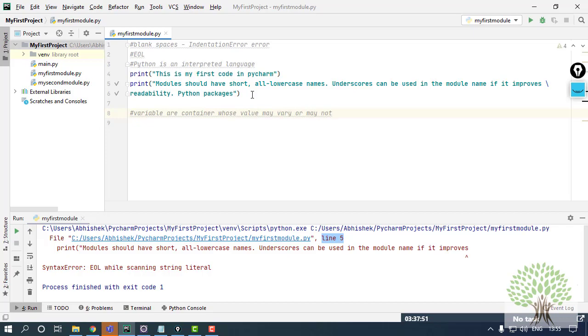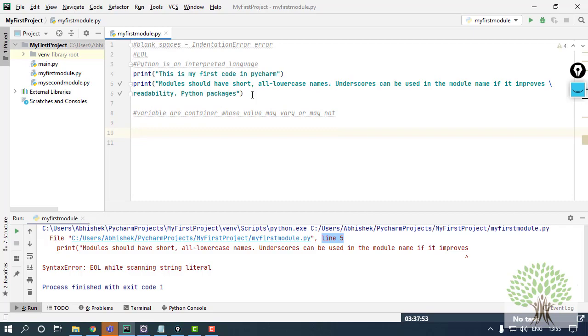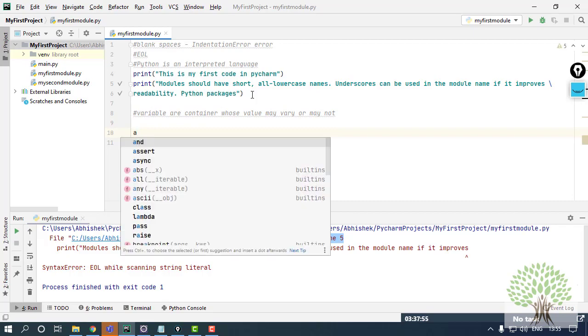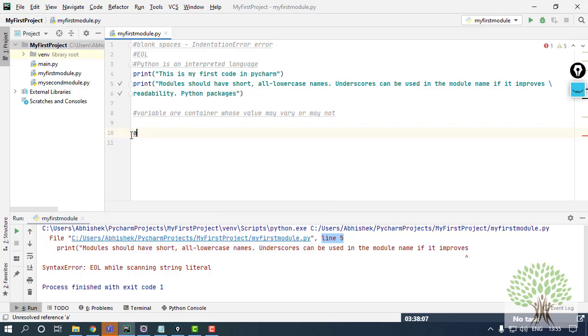Okay, suppose I have a variable. A variable can be named anything, but there are some rules I'll tell you that you need to follow while naming a variable. I'm just using this alphabet A to define a variable of mine.